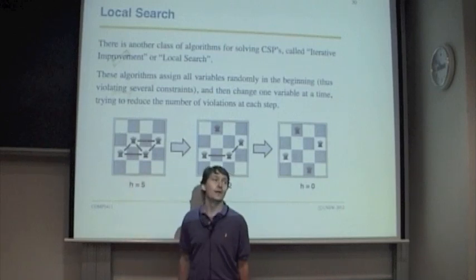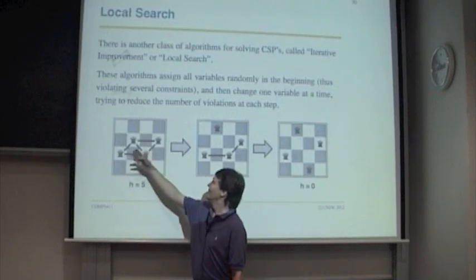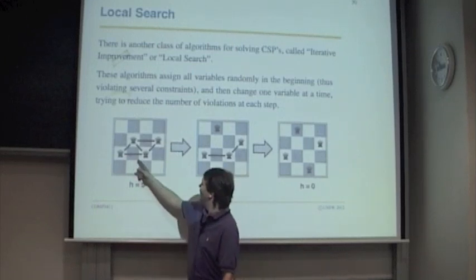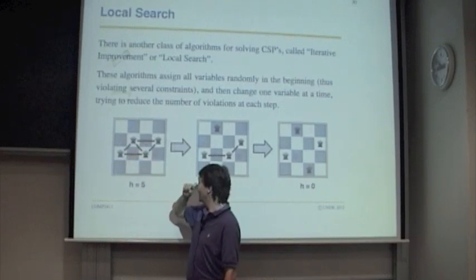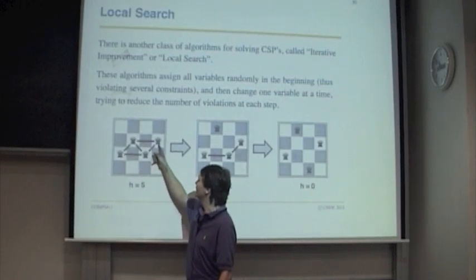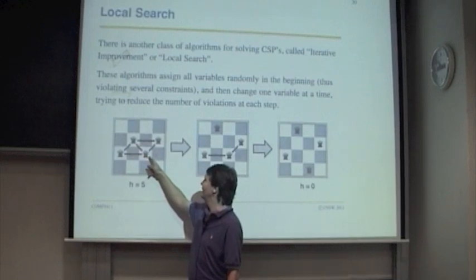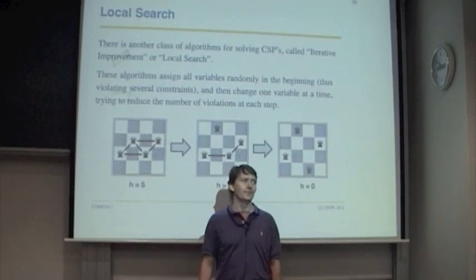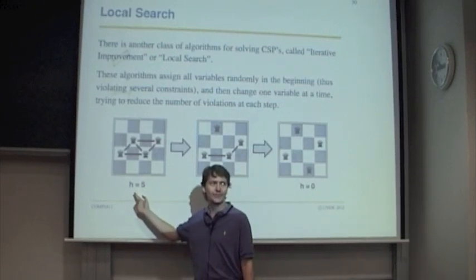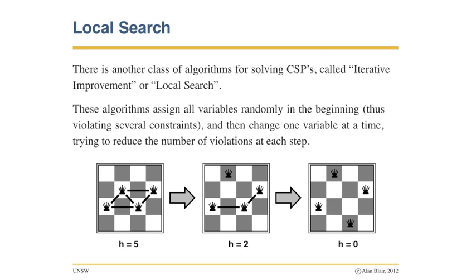Okay, let's look at 4 queens instead of 8 queens. So let's just randomly put 4 queens on the board and see what happens. So how many constraints are violated here? Well, that's attacking that, that's attacking that, that's attacking that, that's attacking that. So there's 5 constraints that are violated. So we say, okay, h equals 5. H is the cost of that particular